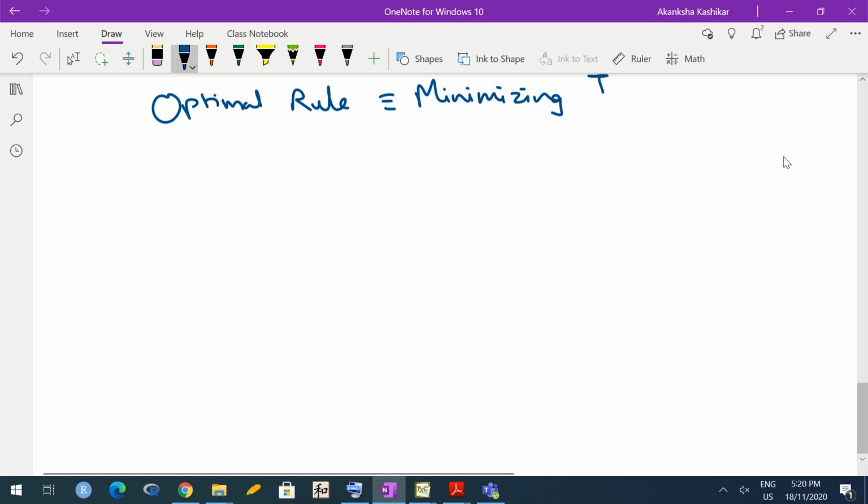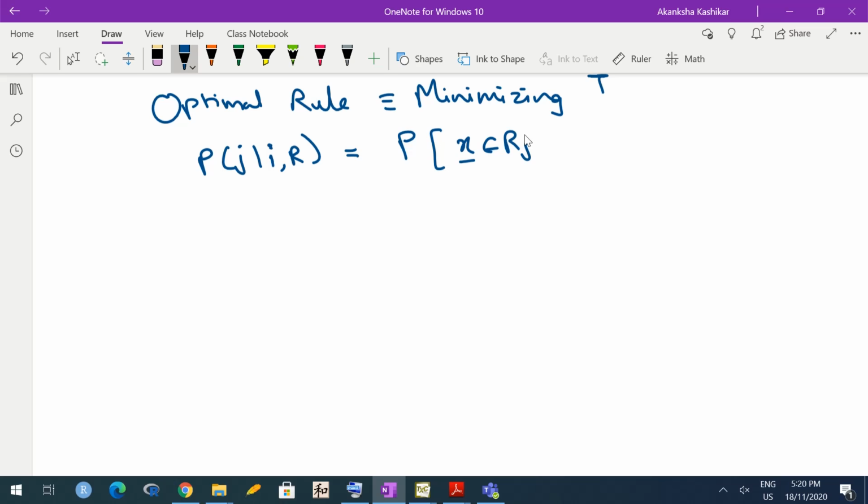Now, to understand T, let me again focus on this conditional probability, P(j | i, R). What does this mean? This means that an observation coming from the ith population is classified to the jth population. So how do I compute this probability? Basically this happens when x belongs to Rj, given that x is actually coming from the ith population,